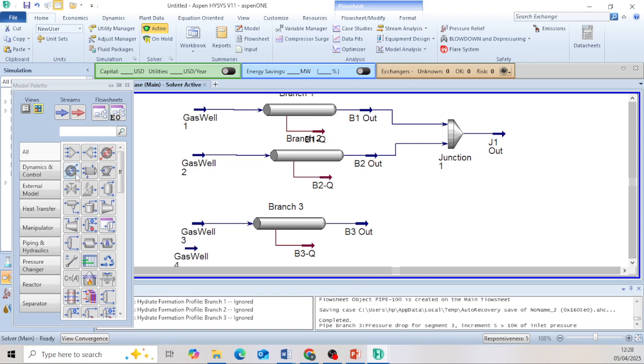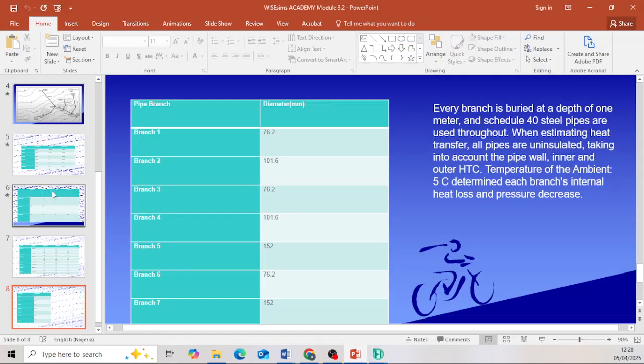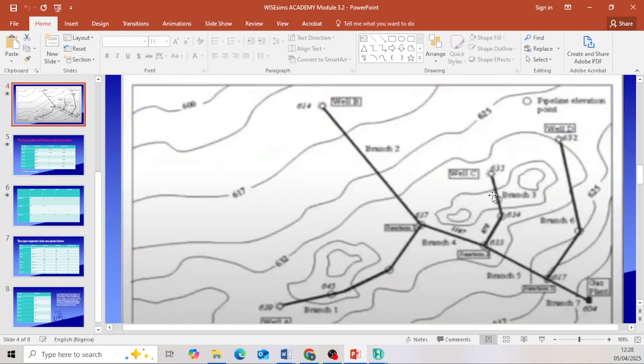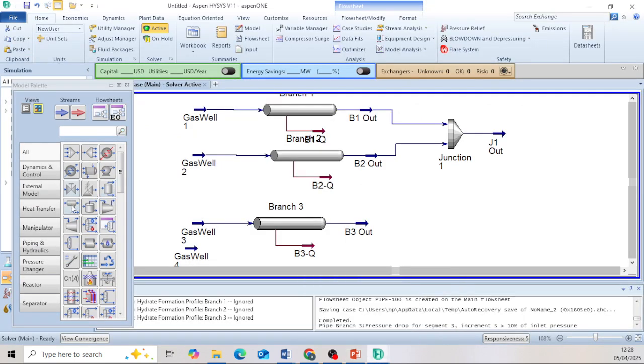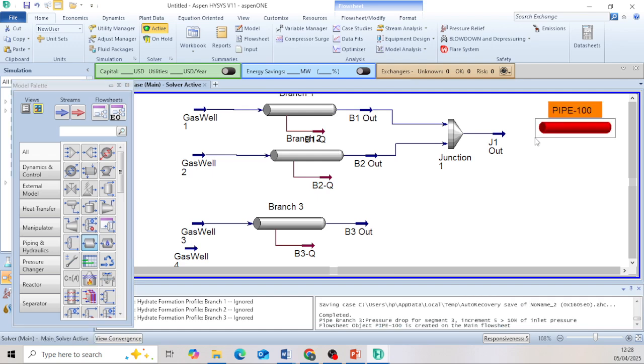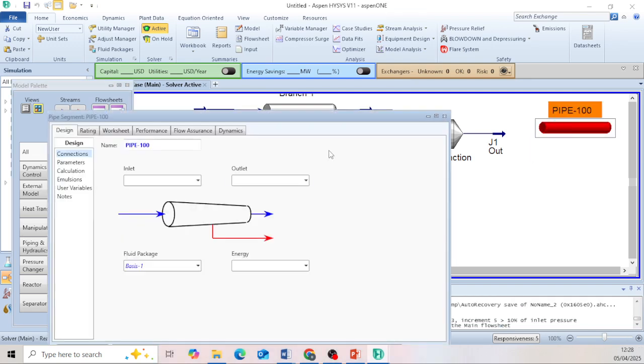All right, so now let's add, now we are done with branch 3. We are done with this branch here. So now we need to be looking at this branch 4. All right, so where it's now going to be connecting branch 3 and branch 4 at the junction 2. So let's add the branch 4. Branch 4 is coming here. Remember, it's after we've combined our gas 1 and gas 2 together. So J1 out, and then as before,